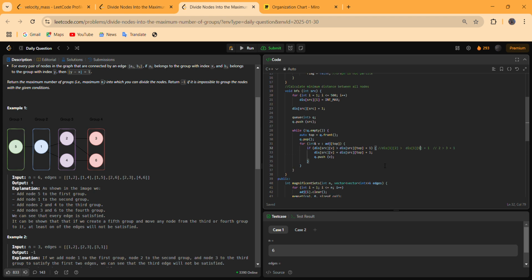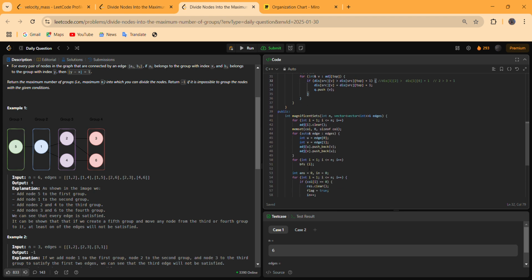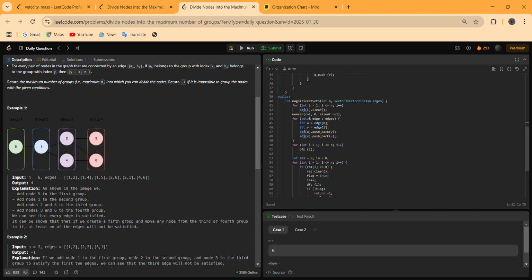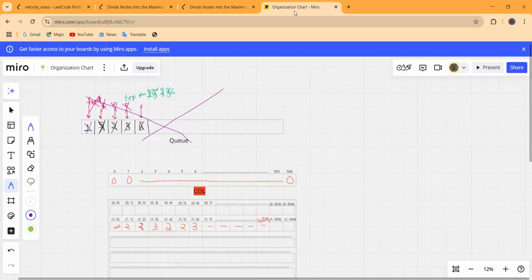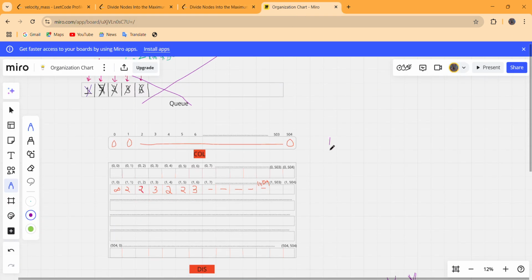Now this BFS function is over, and then this will start. Answer of 0 and in of 0 are now initialized, and we have to move our I from 1 to n, that is from I equals 1 till I equals 6. We have to move for this first example